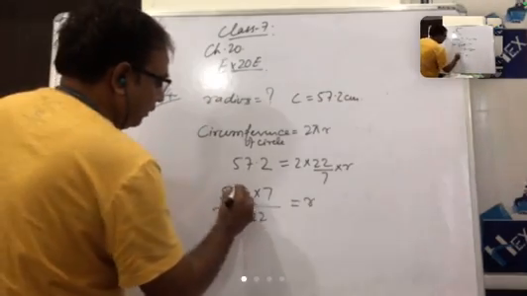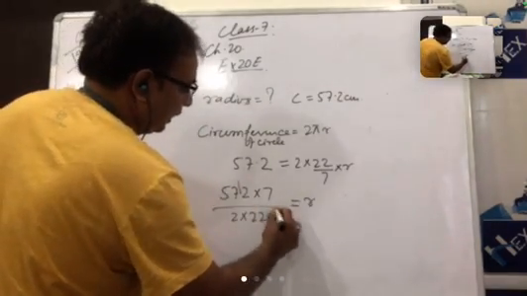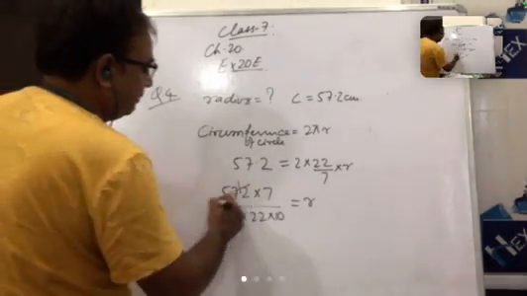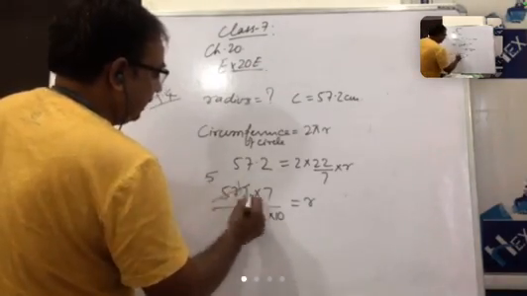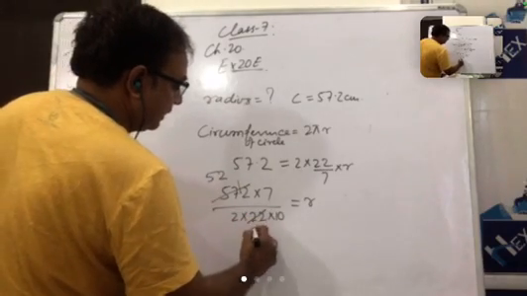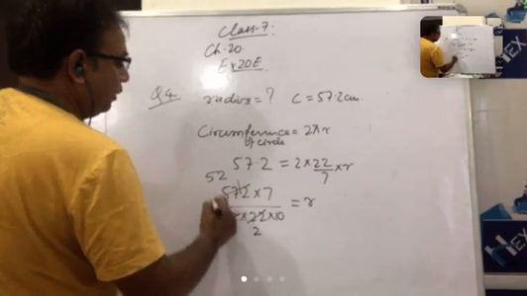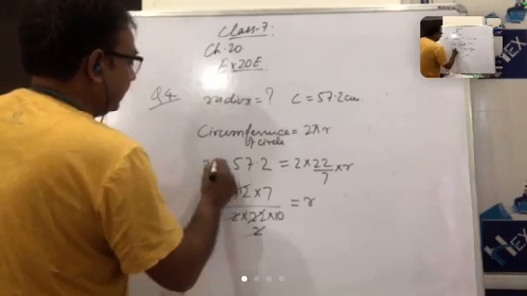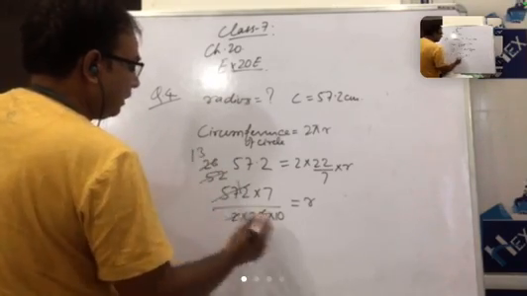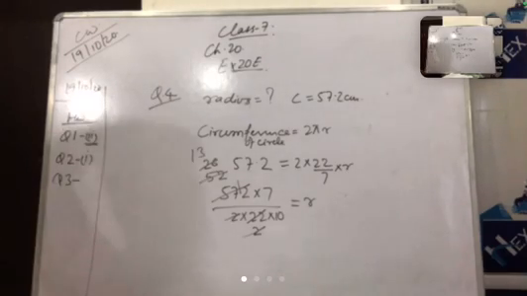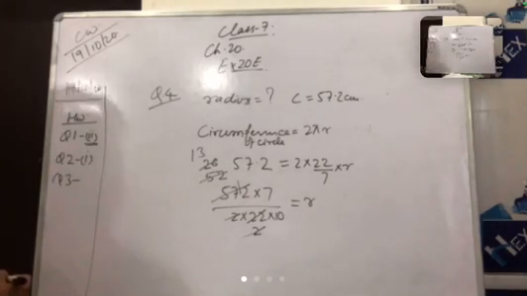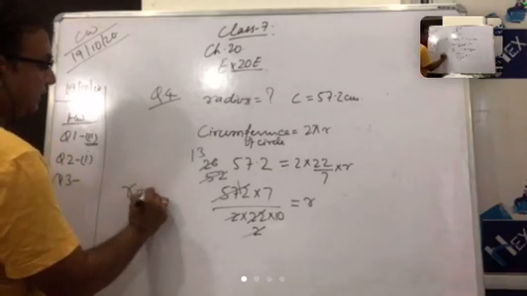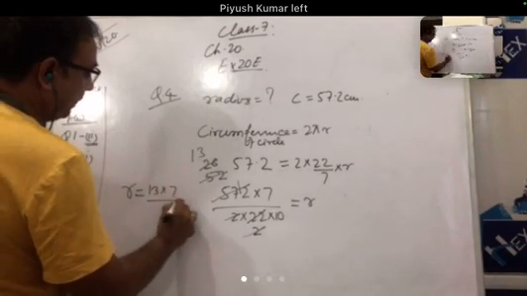If you want to remove this decimal, you can remove it. Okay. Now you check this number is divisible by 11. 11 fives are, and then 11 twos are, and this is 11 twos are. So you can cancel. 2 twos are 4 and 26, then 1 and 3. It will become 13 times 7 upon 10. So the radius is equal to 13 times 7 upon 10.